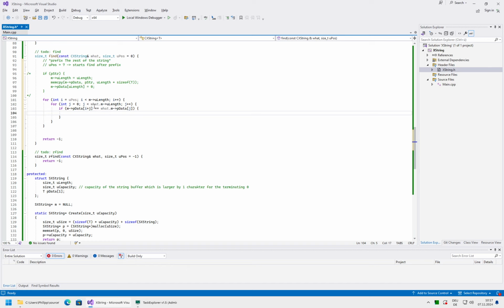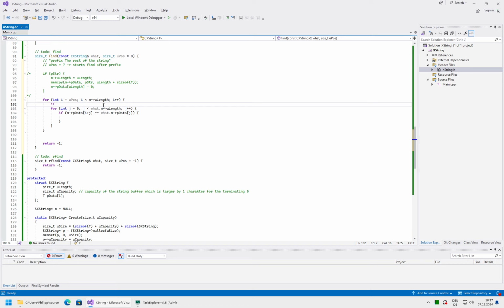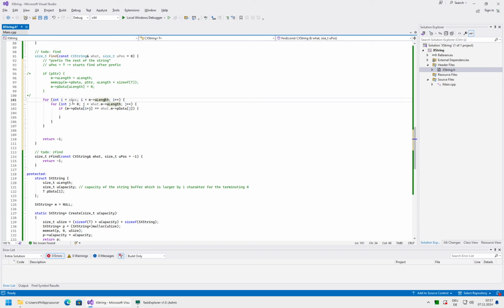In line 101, you are comparing i to u length, and this is fine. But if you would be at the very end, then i would be the last allowed value, but j might be iterating until some number, so you would get an index which lies outside of the p data range. So ideally you should fix line 100. Well, the simplest thing would be to just, in line 101, subtract m length from u length.